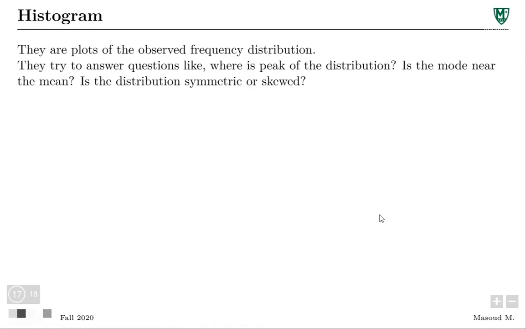You have a set of data, you plot the distribution of that data, and you want to know where the peak is, how close the mode is to the mean. The mode is the most frequent data in your data set, and the mean is obviously the mean. So is the most frequent data the average data, or is it very far from the average because you have some points on the other side that compensate for too many data points that are close